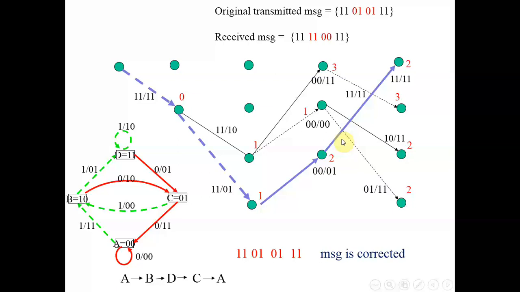Now what is the state which is giving you the all 0 state? It's the state A. So this is state A, this is state B, this is state C, and this is state D. So the path which goes back to state A, which is the all 0 path, as a thumb rule we take this path. Otherwise the matter would have been easy. Suppose this is 1, this is 2, this is 3, this is 3, then there was no discussion. Actually the path of 1 is clear, right?